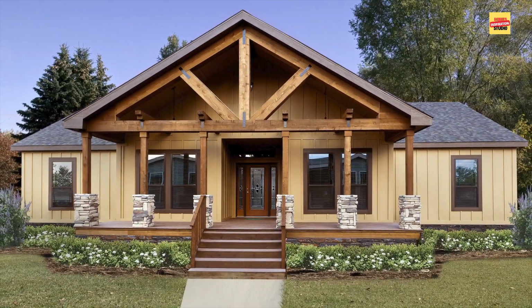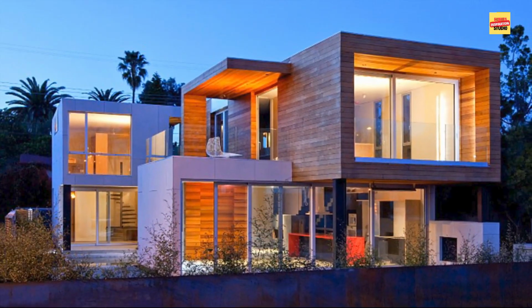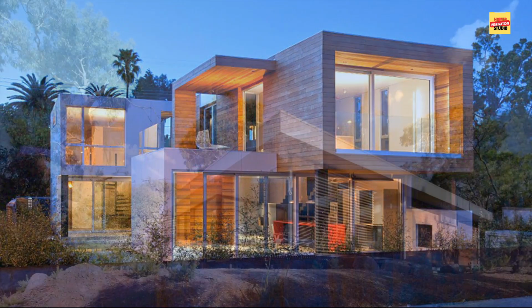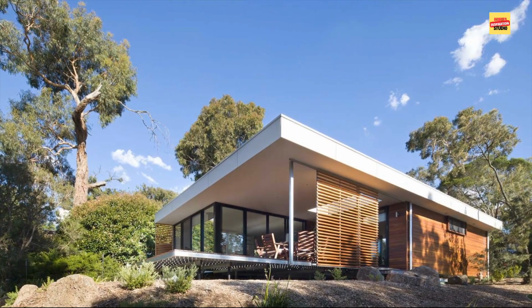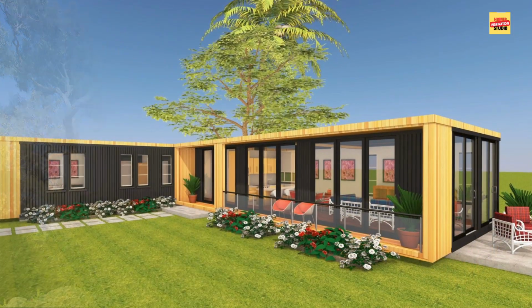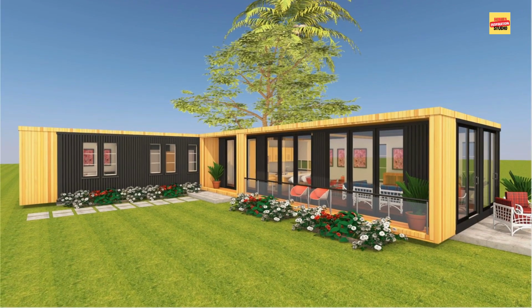10 Best Prefab House Design Ideas. 1. The Modern Modular Masterpiece features sleek, interconnected modules creating a spacious and contemporary home with clean lines and large windows. 2. The Panelized Passive House utilizes highly insulated wall and roof panels for exceptional energy efficiency, with a focus